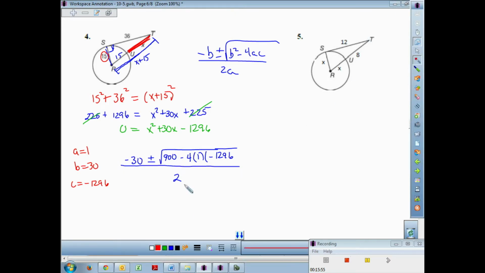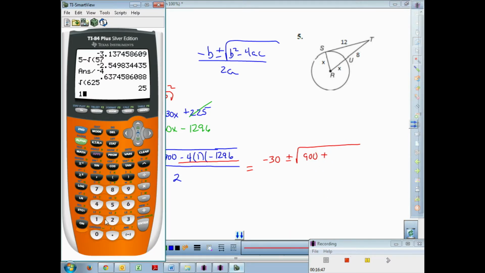Now what I notice is I've got three numbers here times each other. It's a negative 4 times 1 times a negative 1296. I got an even amount of negatives. That's great, because that's going to come out to be a positive right there. So you'll have negative 30 plus or minus the square root of 900 plus 1296 times 4